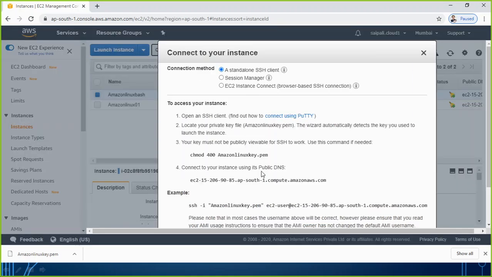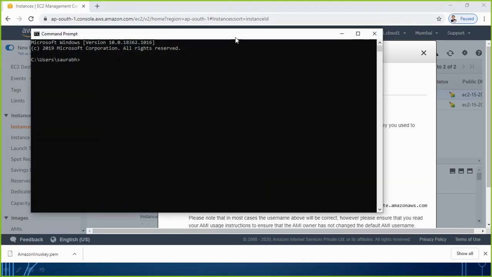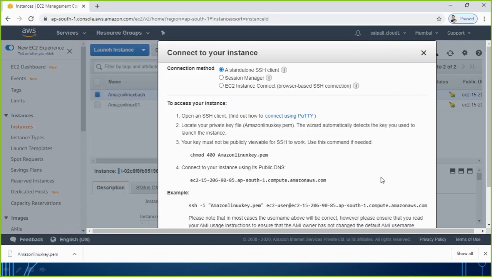Let me go with the easiest method, going to the CMD and typing this SSH command. Keep in mind, this SSH command will vary for each instance, because it contains the public IP address of that machine. So it may vary. That's why I have to copy it.